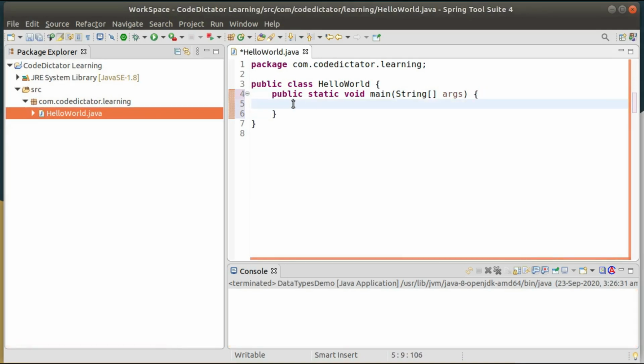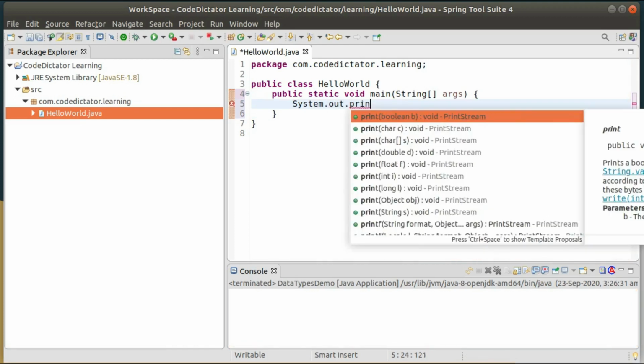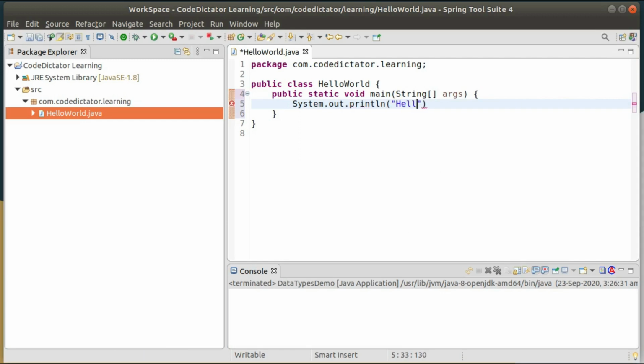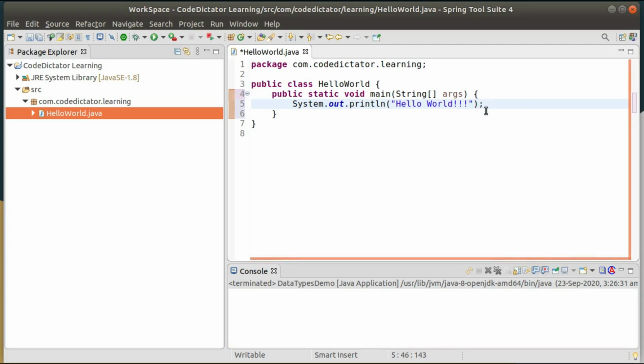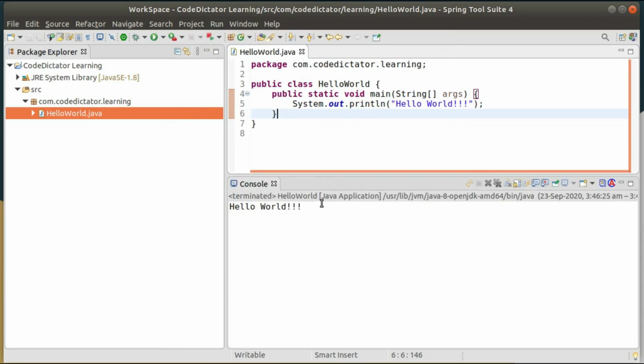Then you can write System.out.println and inside it any message you want, hello world. In Java it is mandatory to write a semicolon, otherwise it will give an error, semicolon missing. Save your program, and to run it I go to run and simply click on the run button. So here is my first output,